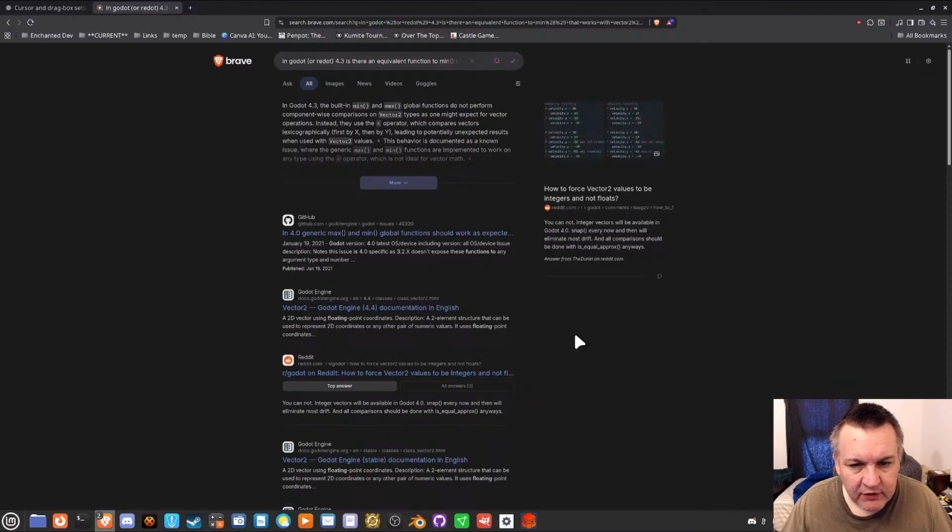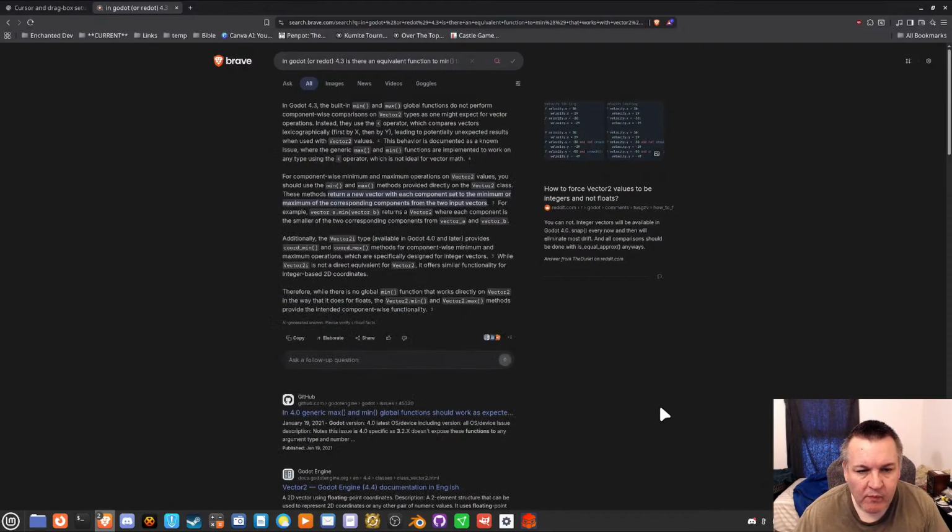Built-in min/max global functions do not perform component-wise comparisons on Vector2 types. Oh, lexicographically, first by X then by Y, leading to potentially unexpected results when using Vector2 values. For component-wise minimum and maximum operations on Vector2 values, you should use the min and max methods provided directly on the Vector2 class.